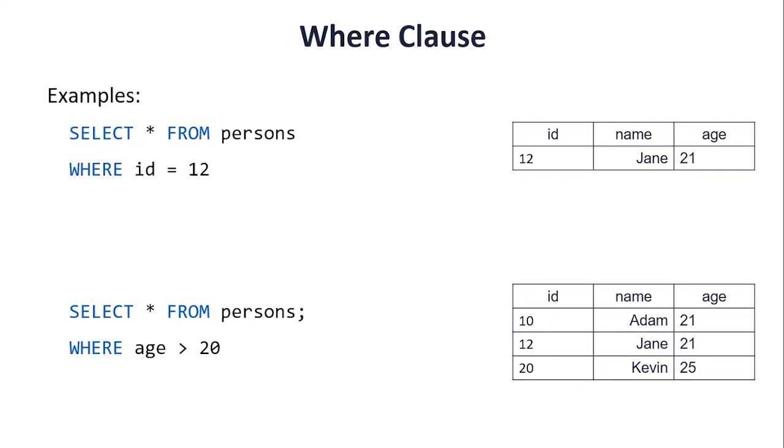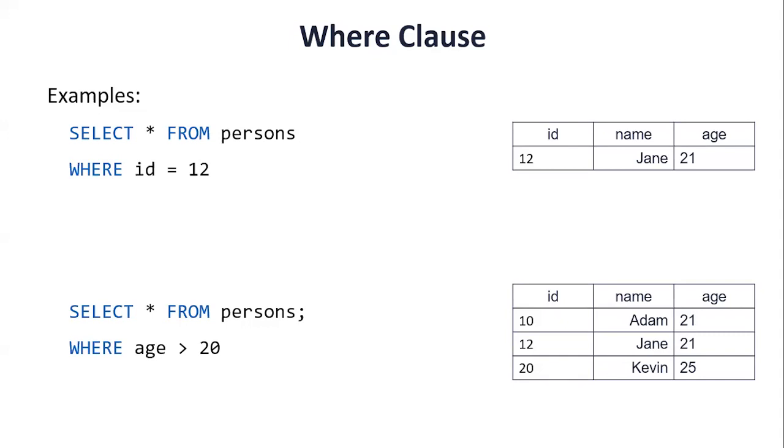And we should get the result as this. Only the record which has the ID as 12. And if we simply write another query, select all from persons where age greater than 20, we should get 3 records in this scenario, in this example table,